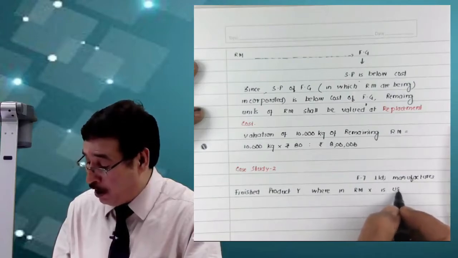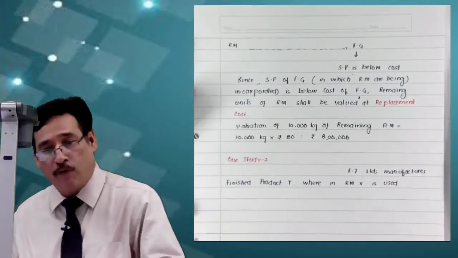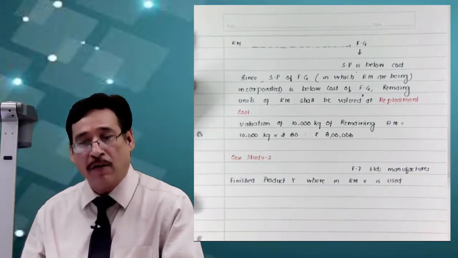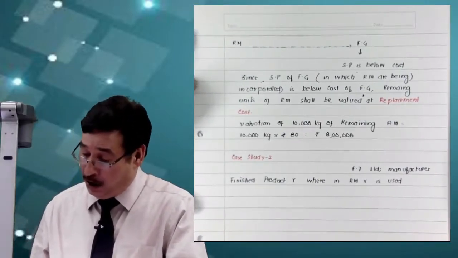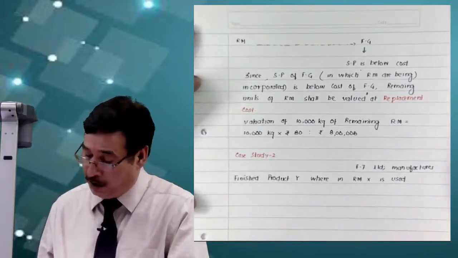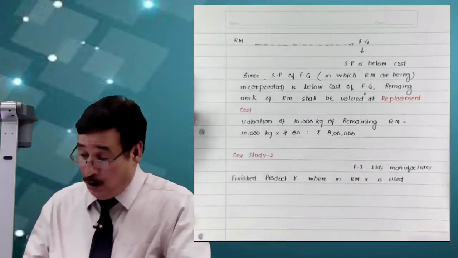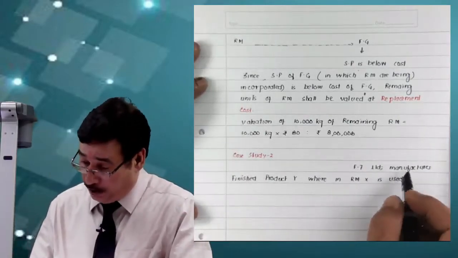So raw material X is used or is incorporated in finished product Y. That is the point which you need to understand, correct? Now we move further. Just let me settle the sheets, correct? Sometimes shadows come down, then it becomes a problem. Well, is used. Then write,